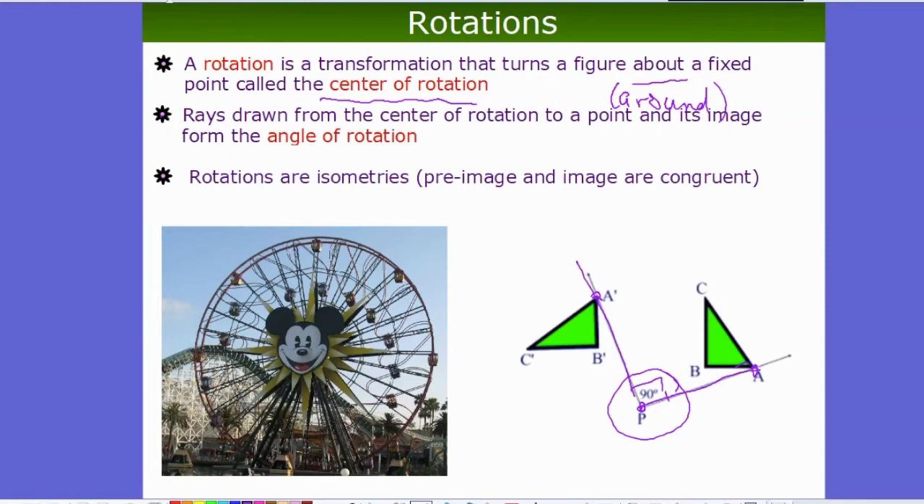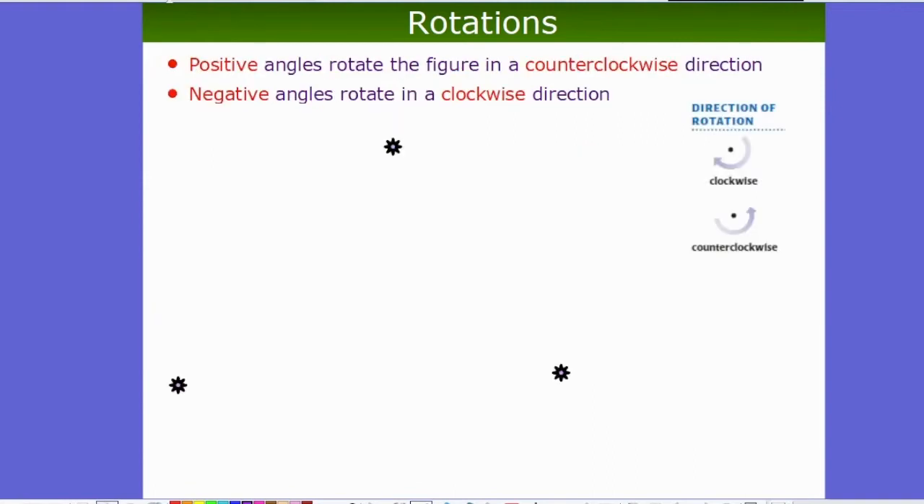These are also isometries, kind of like the translations and the reflections were, if you've seen those videos. All that means is the pre-image and the image will be congruent to each other, just flipped around a little bit. To kind of understand rotations and angle rotations, we need to understand what we mean by a positive rotation